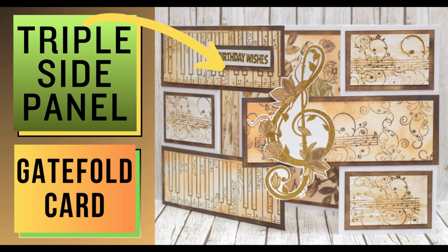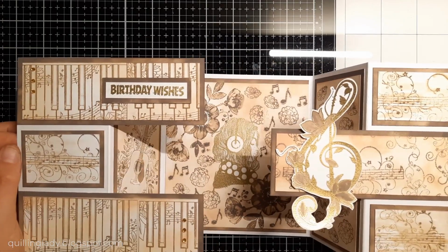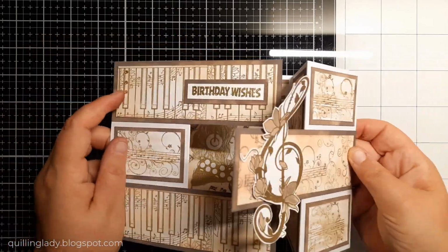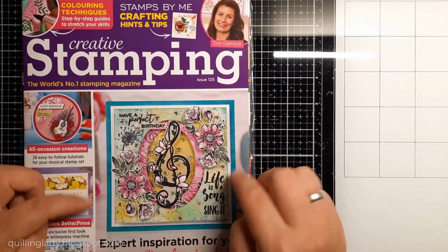In today's video, I'm going to show you how to create a triple side panel gatefold card. If you like it, I really hope you'll feel inspired and craft along with me, especially if you haven't tried this style yet. For my project, I'm going to use a free gift from Creative Stamping Magazine, issue